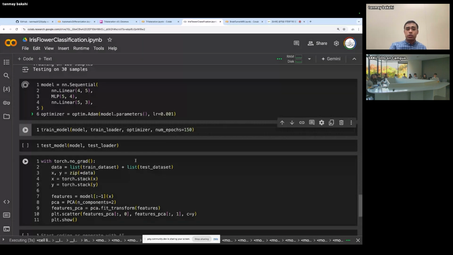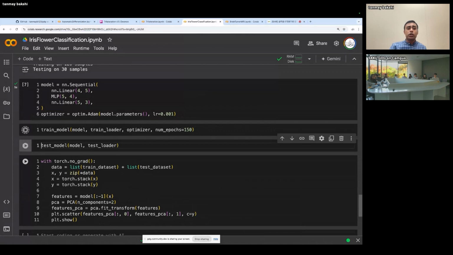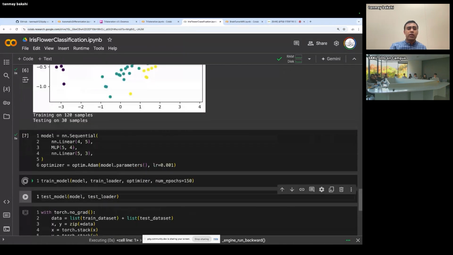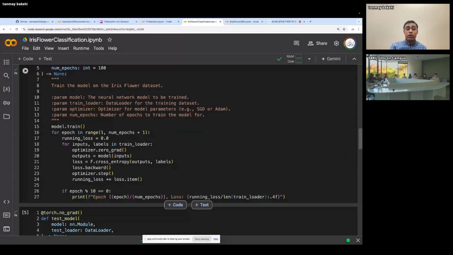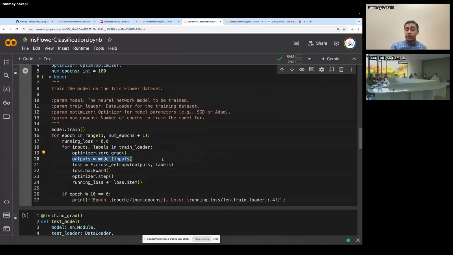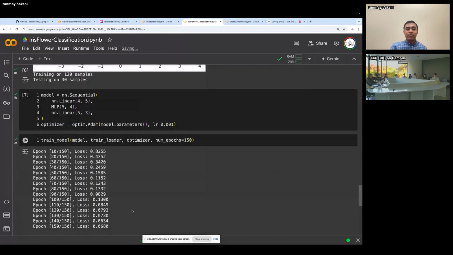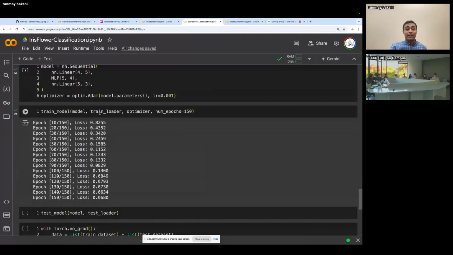Running that, PyTorch is able to construct the model for me, and the train model function that I've put together over here looks very, very similar to trilateration. You're resetting your optimizer, you're running through your model, you're computing your error, you're getting your gradient and stepping over and over again. You'll see that the model trains very quickly, and our loss goes from 0.8 down all the way to 0.06 pretty quickly.